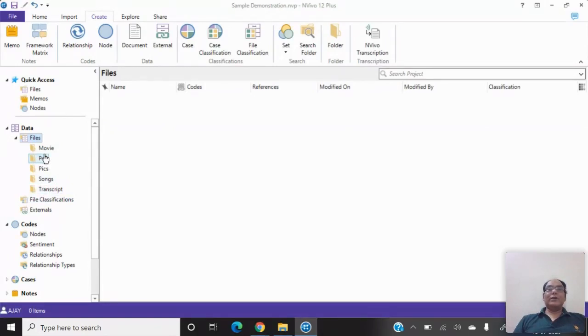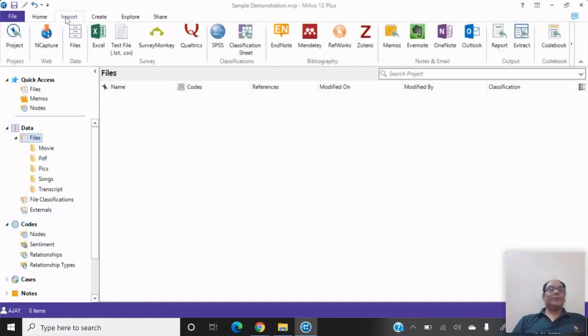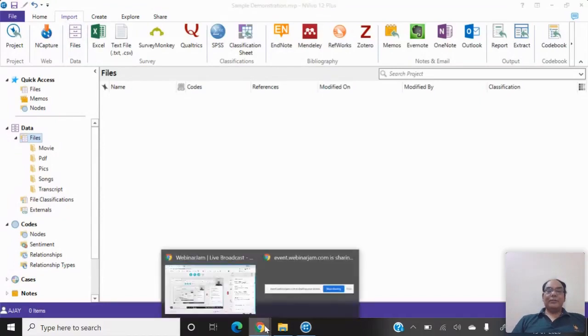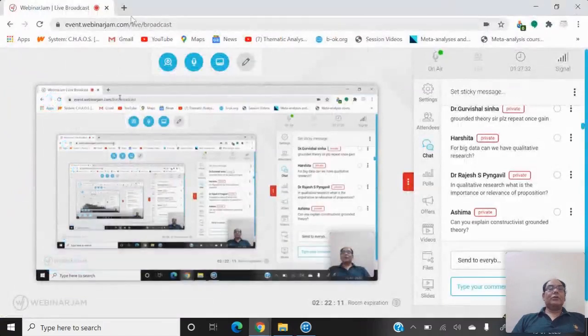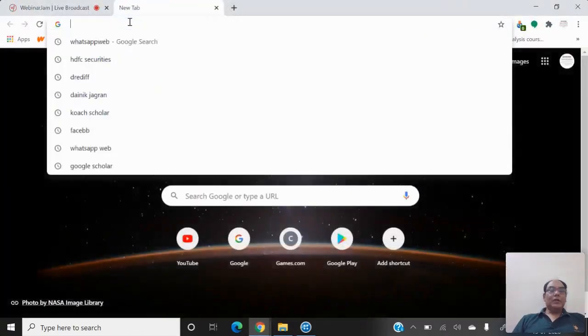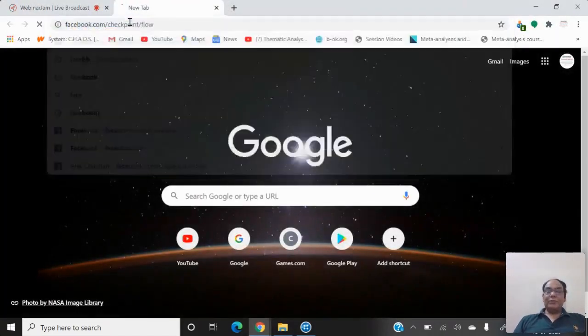Suppose I want to download data from different social media. So this is the import file I have to click on, and let me show you the process. First of all, I'm going to the Facebook page.